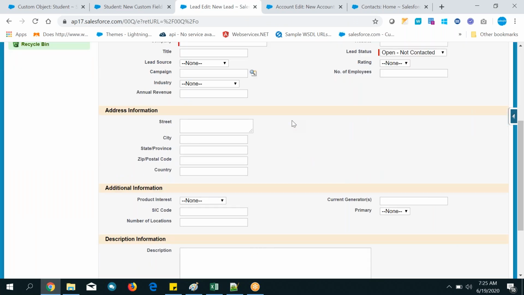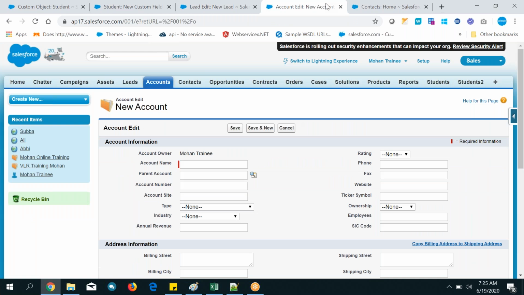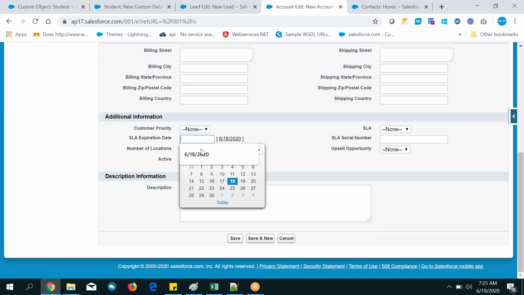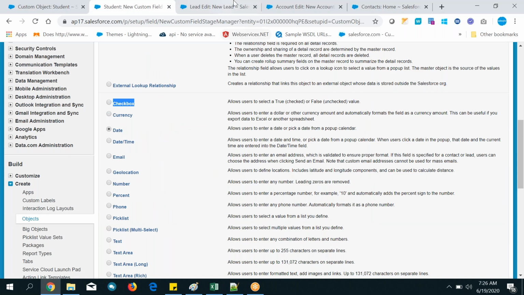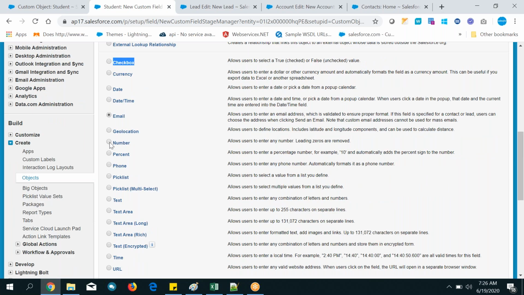Okay, so here it is not there, and where it is there, date, see here. Like this kind of thing, if you want to do it, you need to select that field as a date field. The date time is also the same, only time will be displayed. And email, if I want to store students' email, not only students, any business records, right? Email kind of things, then I can select the email data type. And for the time being, leave the geolocation for right now.